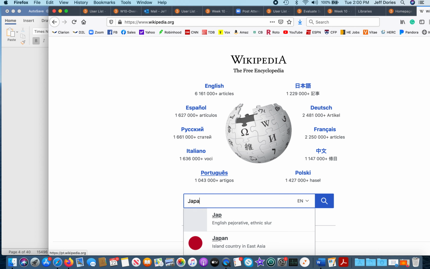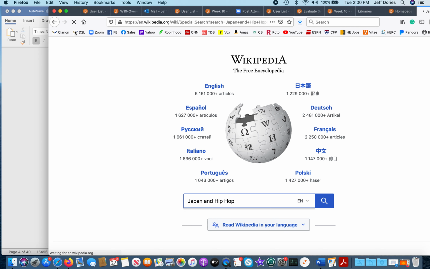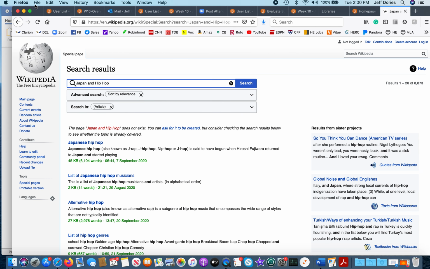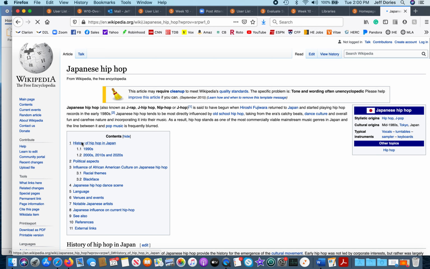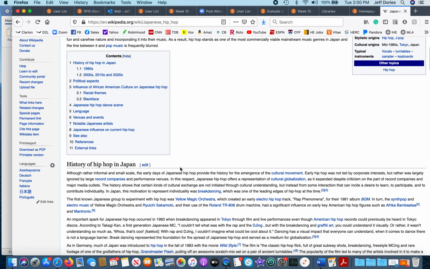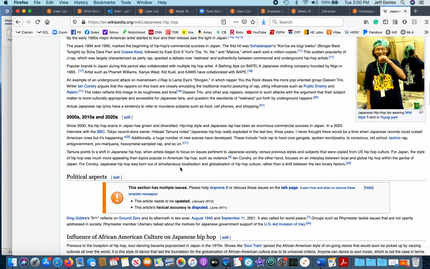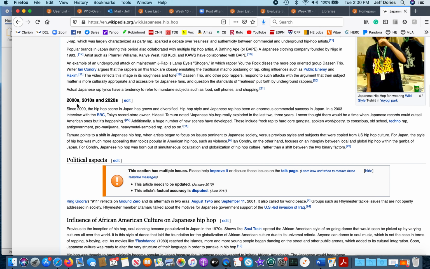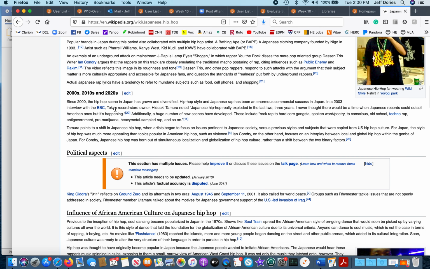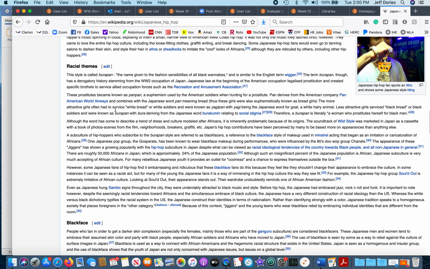So let's do a quick search again, Japan and hip hop. I'll just do this quick one just as a refresher here. So I luck out, there it is. And I start reading and I start taking down these keywords. Look at the founder and so on. I don't think there are any here, but you look for the main article. It would say main article here, and you click through and you can get a lot more information